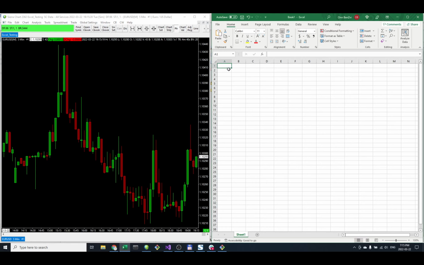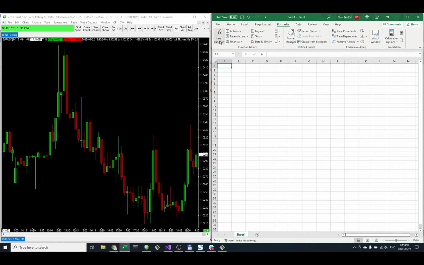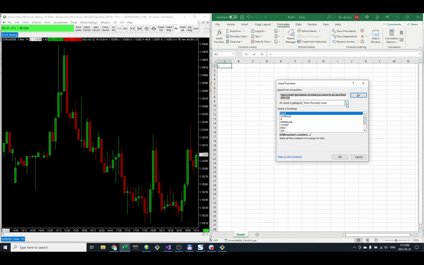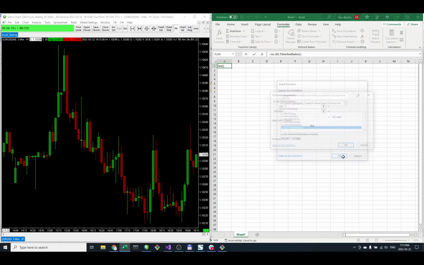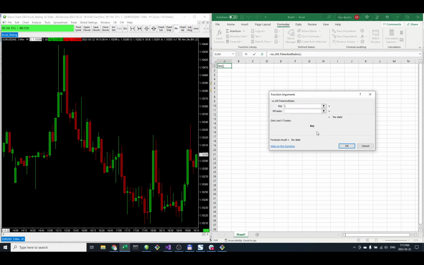So I'm gonna... I think the easiest way to demonstrate this is to go into formulas, insert a function, and scroll down to here and select the Trade29 SierraChart Excel add-on. Select time and sales and click OK. And then for the key, we have X, that's the key of the chart, and the number of trades is the number of rows we want to see. So I'm going to click OK,